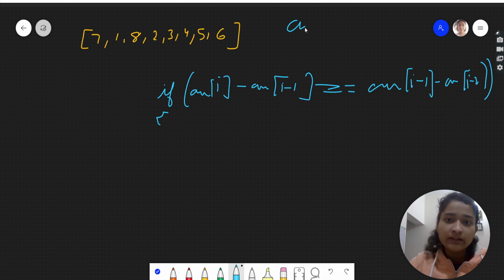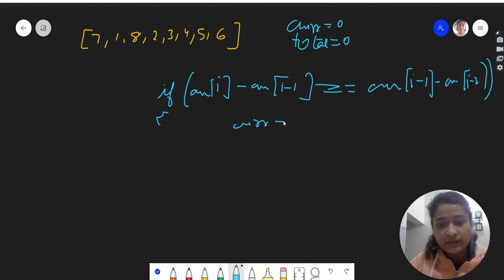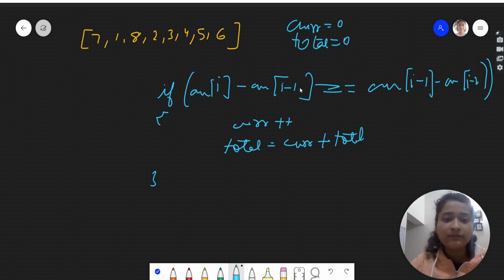Initially we will take current as 0 and total also will be 0. When this condition is true, we will increment current and add current in the total. Fine.